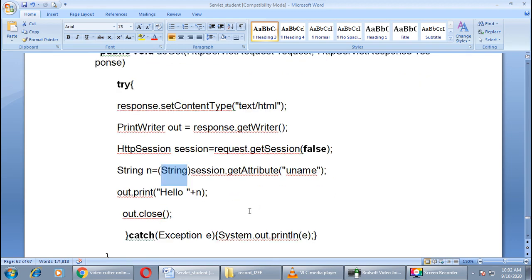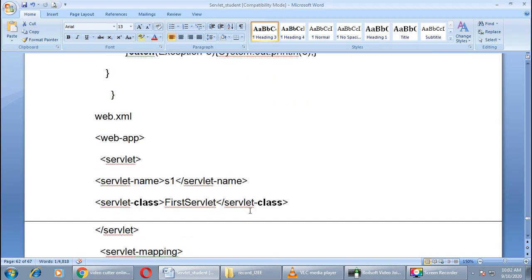That's it. Now what about the web.xml file? In the web.xml file we'll define the same tags as we have defined in our previous example of cookie. The name of the servlet class is FirstServlet. The name defined for this servlet is S1.